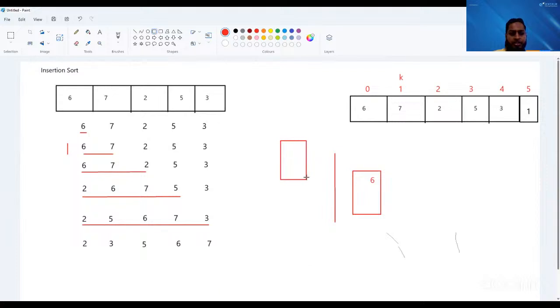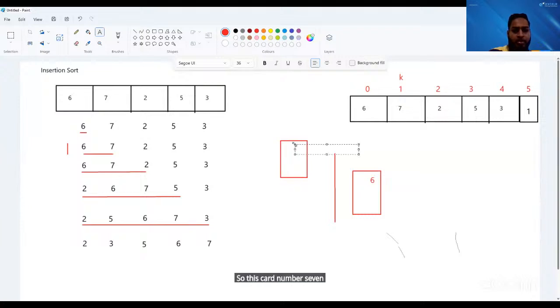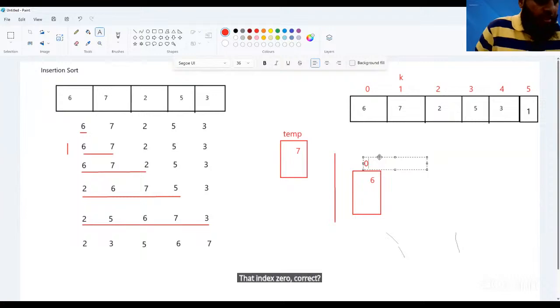Card number 7. So this card number 7 goes into the temp variable. Okay. And now my palm, that is index 0, correct? So now what I will do over here is,